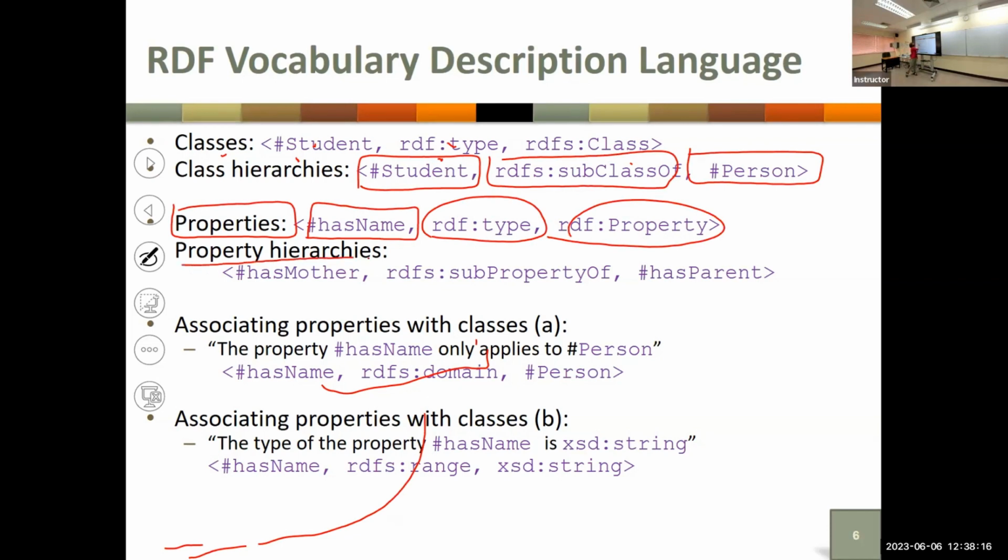We can also define property hierarchy, saying that has mother is a subproperty of has parent. Okay, this is just to give an idea of what can be done in the RDF schema definition. We can also define